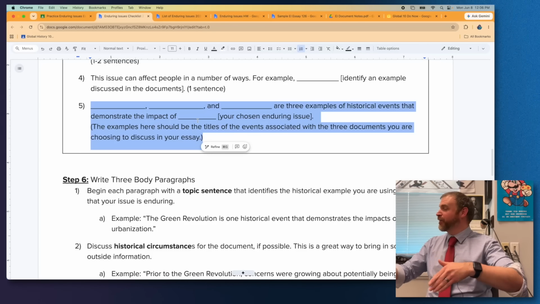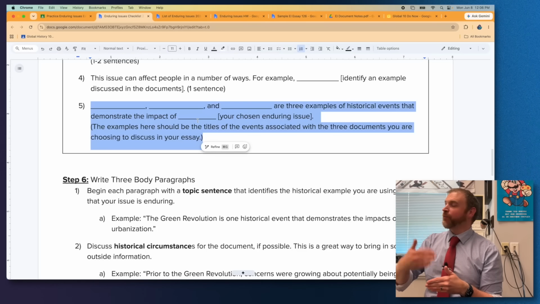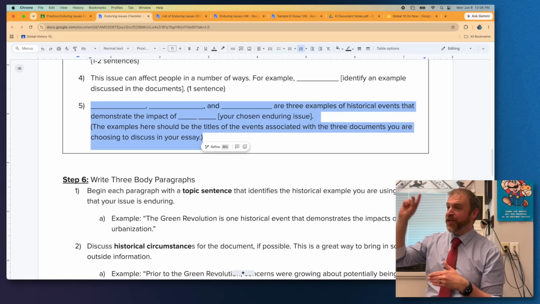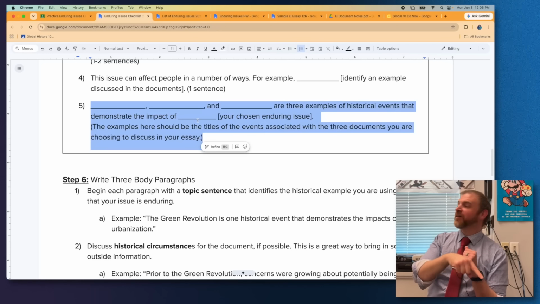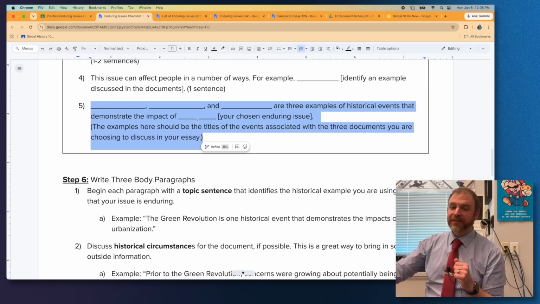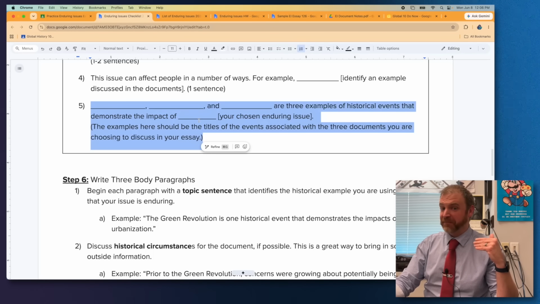And in my opinion, your introduction paragraph is an opportunity to try to impress the grader right off the bat. Because I can tell you guys straight up, it's 2 full days that your history teachers in this building sit at a table and read these essays. And it's exhausting, we lose focus, it's not fun. So if you can impress that person right off the bat, that's a good thing. You want your reader to be impressed, and that's gonna help them give you a good grade on this essay.